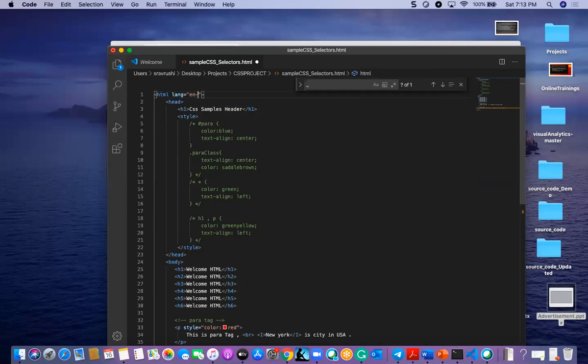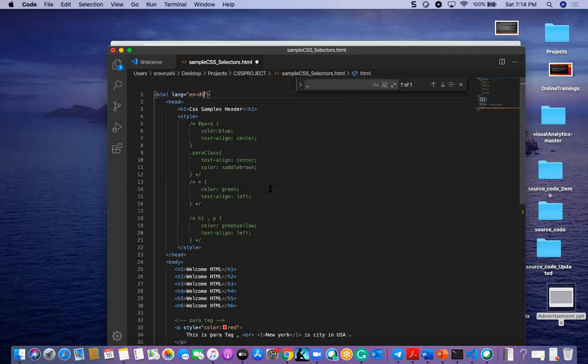Here we have to give en hyphen US, capital U and capital S. So this declares that we are going to write the document in the format of English US. Whatever language you are using in this current document will be treated as English.